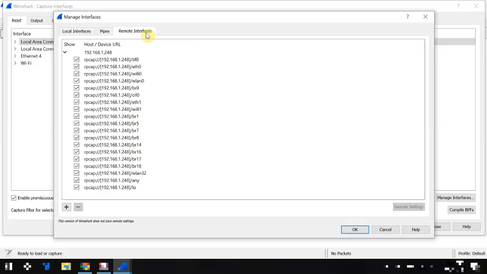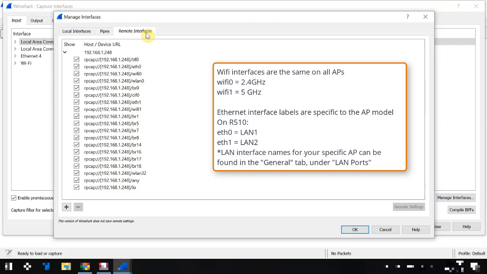Basically, the access point gives us every interface that's available on the system. The ones we care about are the Ethernet 0, Ethernet 1, Wi-Fi 0, and Wi-Fi 1. These are the ones that are associated with the interfaces that we have available to us to select. The Ethernet ones may be different on your access point. Remember, this is an R510 with 2 Ethernet interfaces, so you only have the interface options that are available for